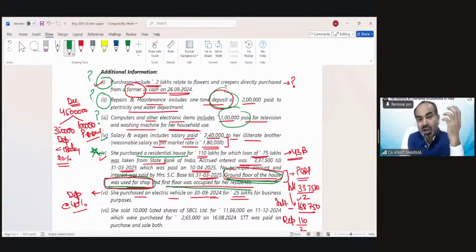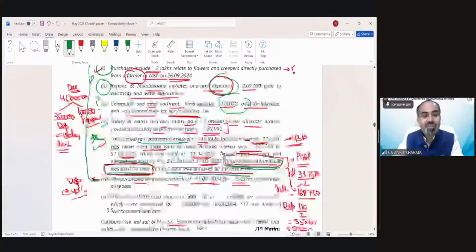So the interest part and the depreciation need to be calculated. Depreciation on electric vehicle, is there anything difficult in this? Now you can see from points 1, 2, 3, 4, 5, and 6, out of these 6 pieces of additional information, only one was a little tricky, and that is also tricky only if you do not read it. If you read it, then you know, okay, I need to calculate 50% debt and apply 50% interest. That's it.